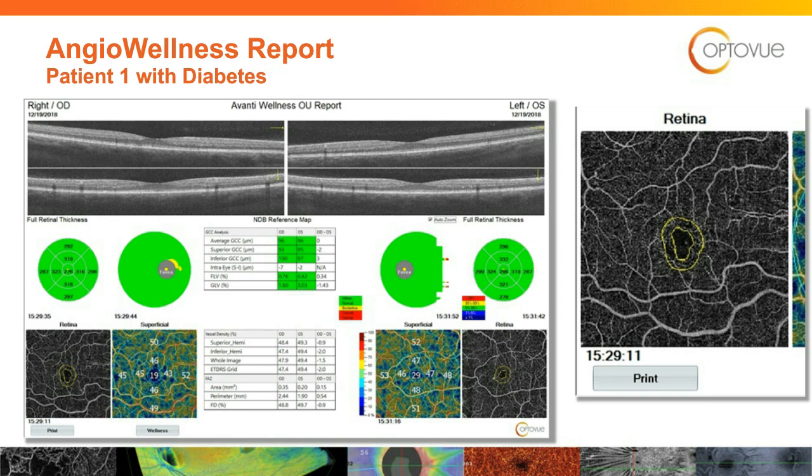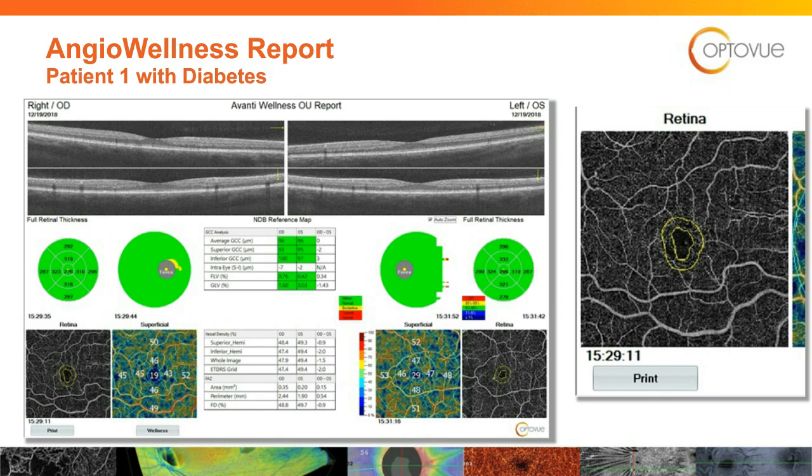And if you just look at that, I don't have access to a pointer on the webinar, but if you look at the retina picture that I have on the right-hand side of the screen, and if you just go outside those 2 circles, go over to the right about a half an inch, and then up about a half an inch, there's a little bit of a dropout. There's capillary dropout, and if you see that, and if you look around this retina, you'll see other areas of capillary dropout. So this diabetes is a little bit more advanced,